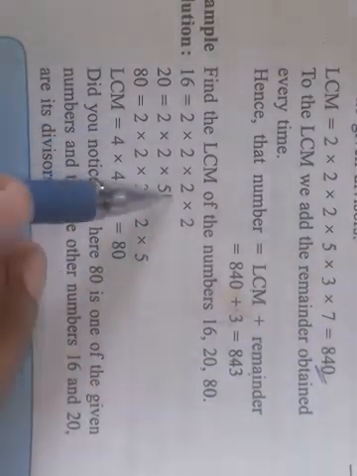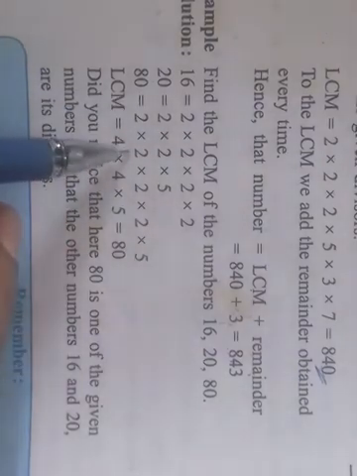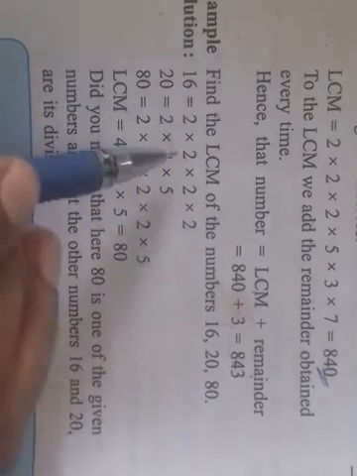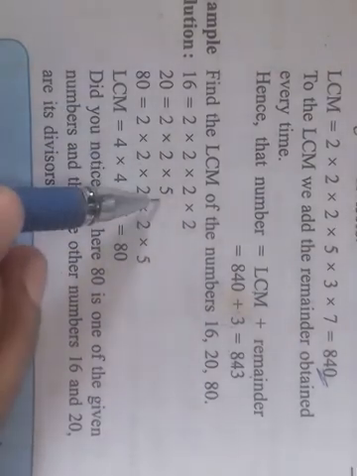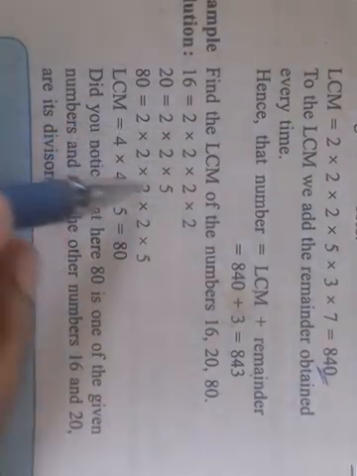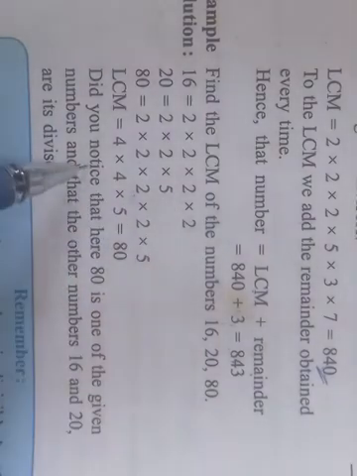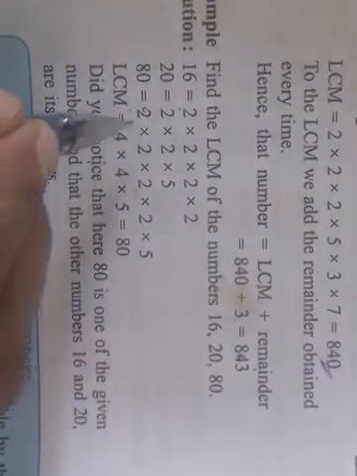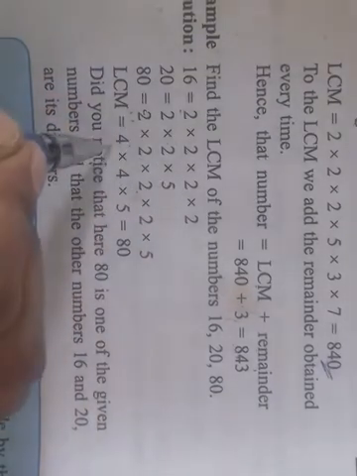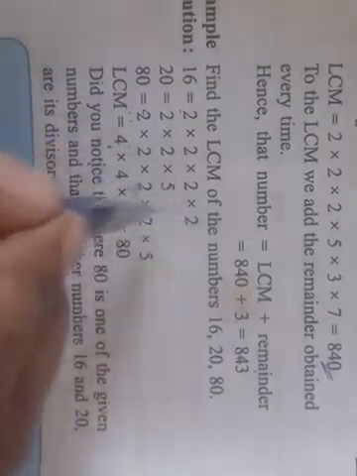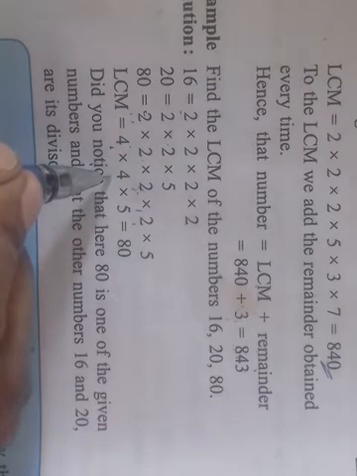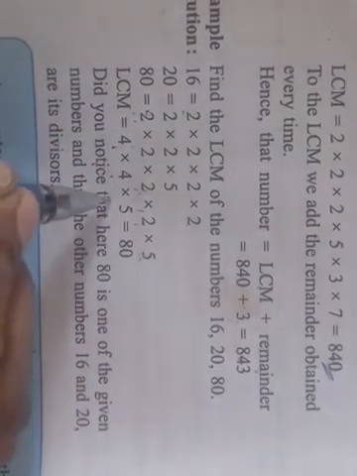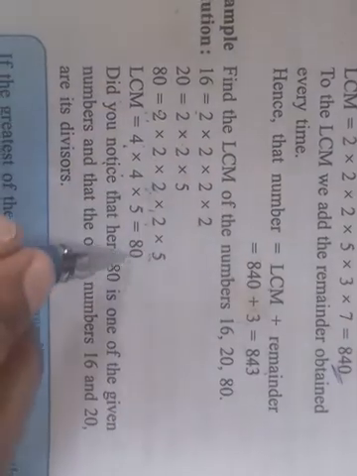For the HCF, you take a factor only if it is common to all 3. But for finding the LCM, when 3 or more numbers are there, you have to check if a factor is common to 2 of them, then also you have to take it. Understood? Here for 3 common, 2 got; here 3 common, 4 I got, but these 2 are common for 2, so they are taken once only, and the remaining uncommon factors also. So their product is 80.